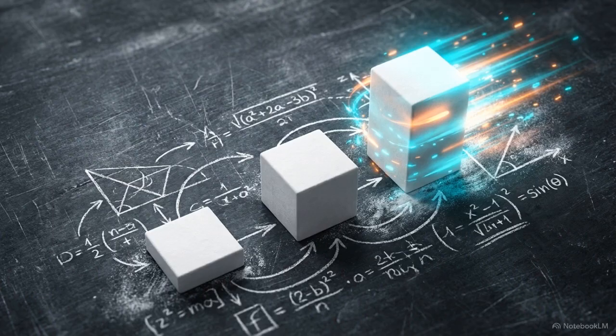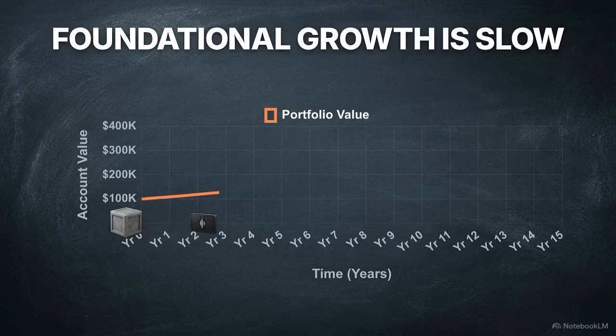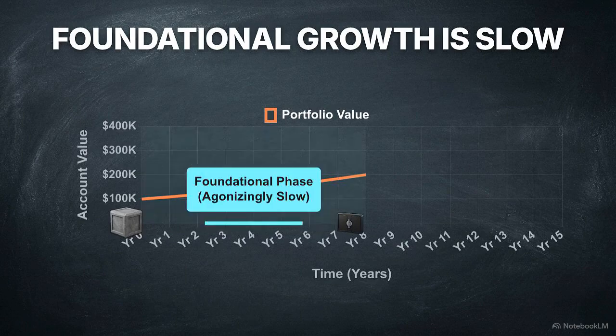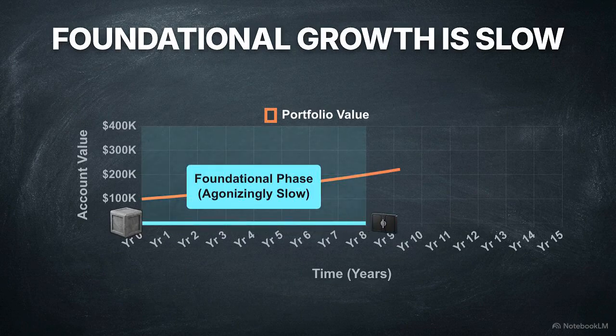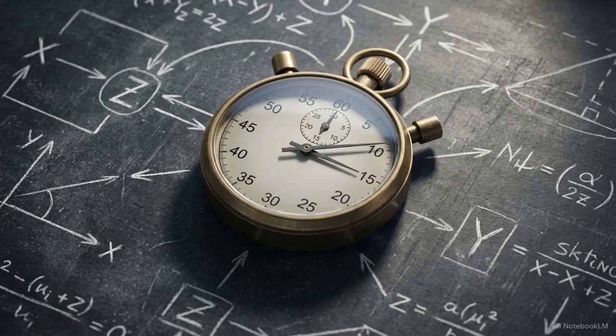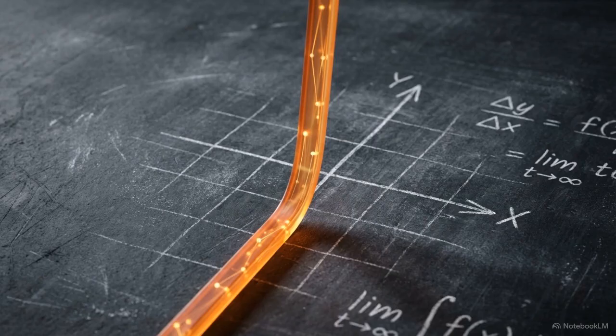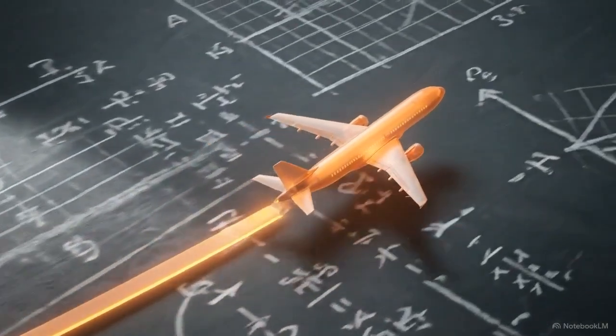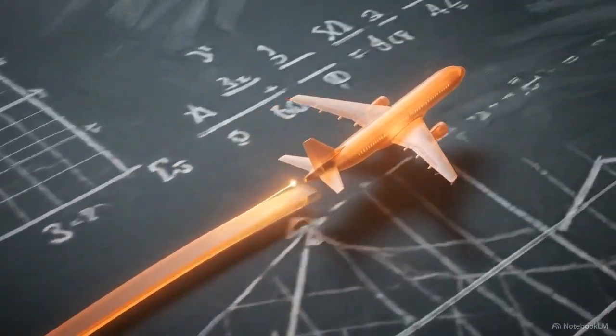But there is a psychological hurdle here, explained by the 8-4-3 rule. Because the curve starts flat, the foundational growth phase, usually the first 8 years, will feel agonizingly slow. Then the exponent takes over. The next doubling takes 4 years. The one after that takes 3. The velocity rapidly increases. Wealth building depends most heavily on starting as early as possible. This provides the runway the exponent needs to